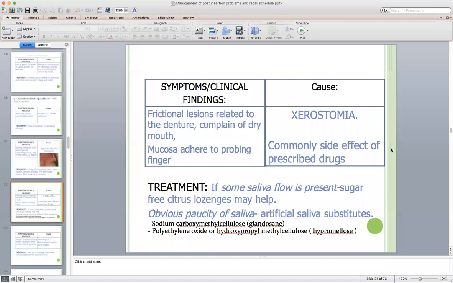The cause is xerostomia, and as you know, xerostomia is a common side effect of many drugs. So we have to take a thorough drug history of the patient, and if some saliva flow is present, sugar-free citrus lozenges may help. Okay, and obvious paucity of saliva